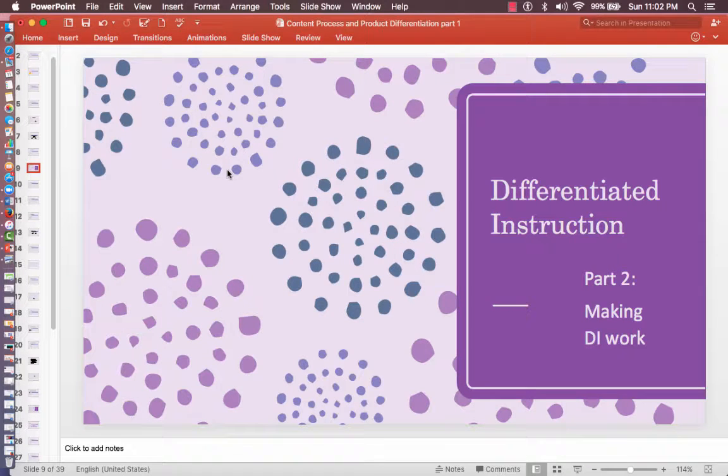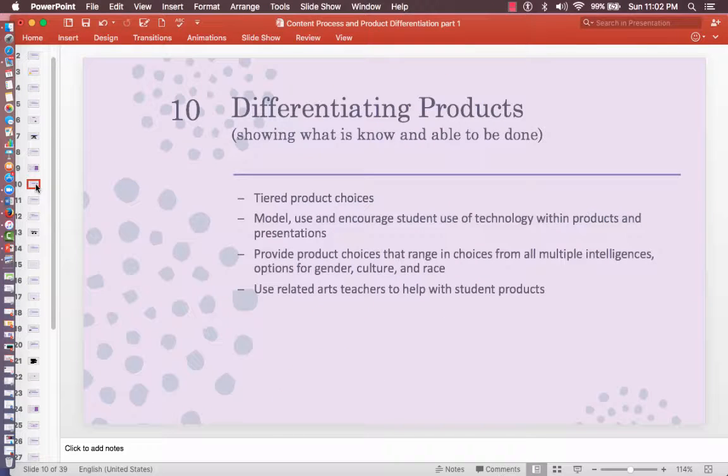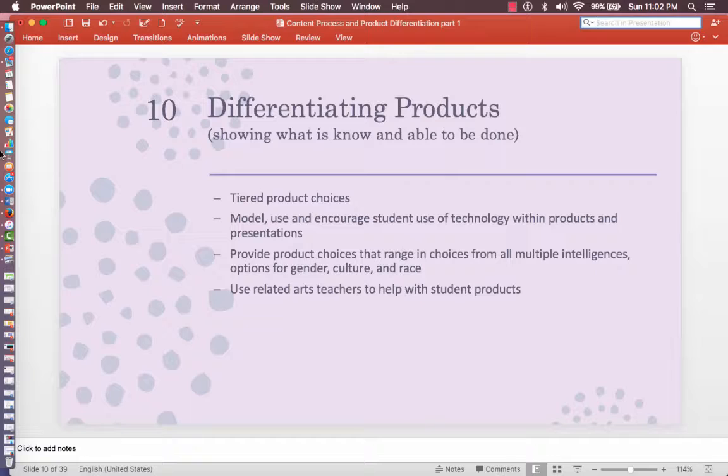Okay, this is part 2, making differentiation work. And so like I said, we're getting into this other section, and I'm trying to make the sections a little bit shorter because I think it makes it easier for you to keep up with things. So differentiating products. And this is basically being able to show what you know and show what you're able